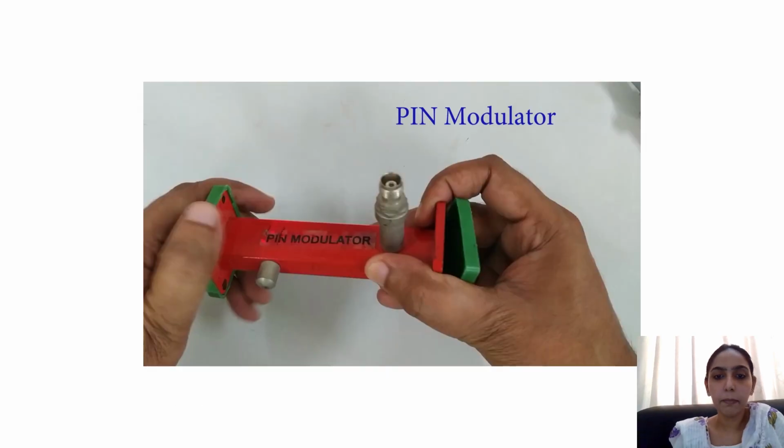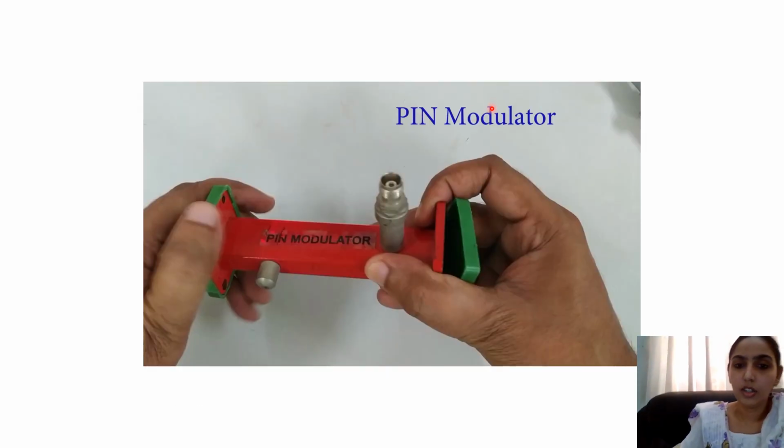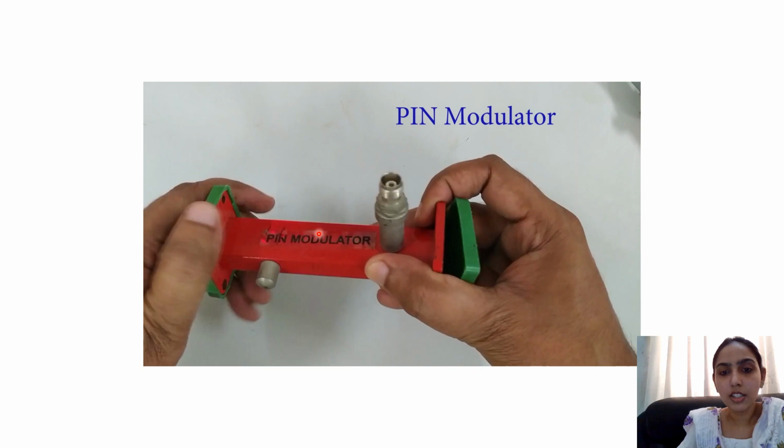We are having the pin modulator. So here we are having the pin diode. We have already seen that the gun supply we are using to supply power for both the gun diode as well as the pin diode. Here we are having the placement of the pin diode, and here we have to attach the cable for providing the supply. This has to be placed also in a microwave bench.